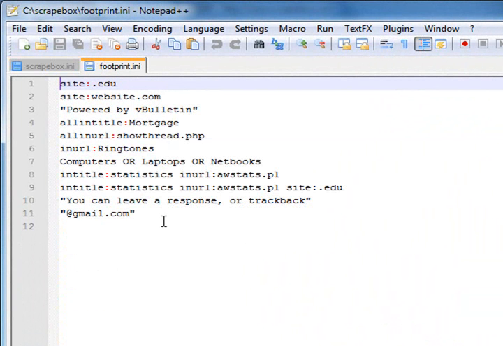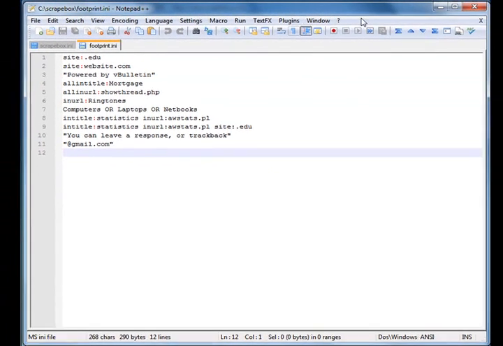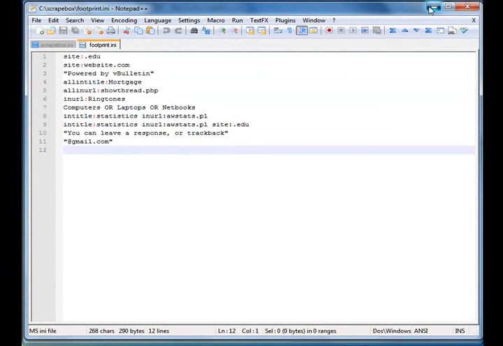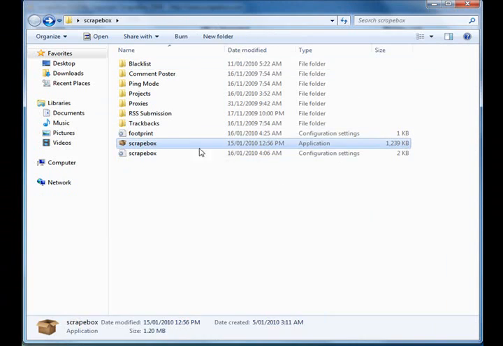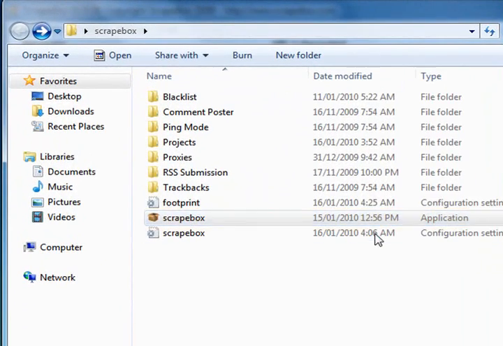ScrapeBox will make another one with the default data. And you've got your footprint, and what this is, just a plain text file, and these are different footprints, and you can build a custom footprint library in ScrapeBox. So if you want, you can open your footprint settings file. You can delete things out of it, you can add things in it. So that's what those two are. I'll just shut that one down, and then you've got ScrapeBox. So we'll get it up and running,